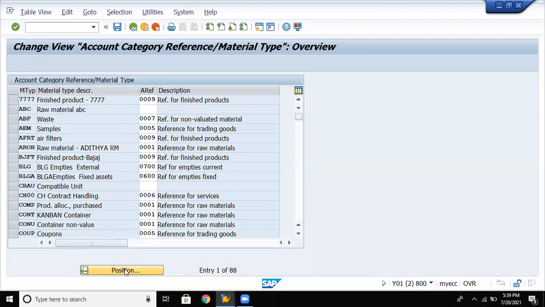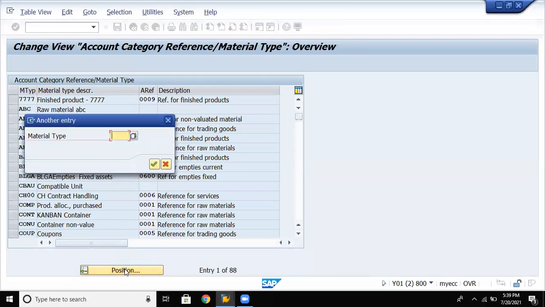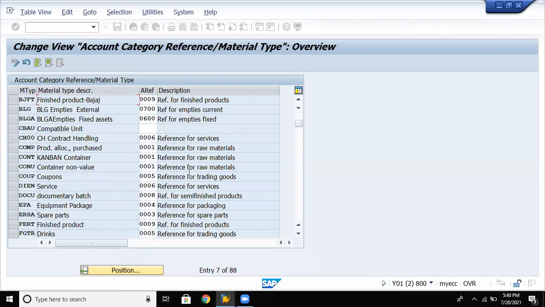Click on position. Now give your material type. So we have given our own material type. So let us give the material type over here. Enter.